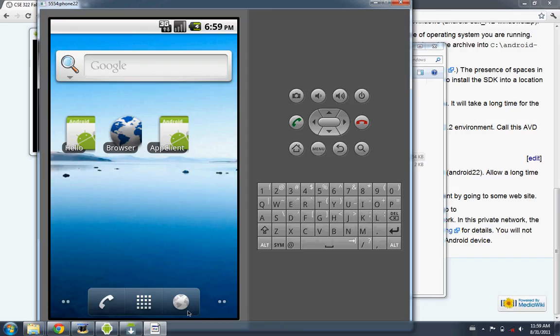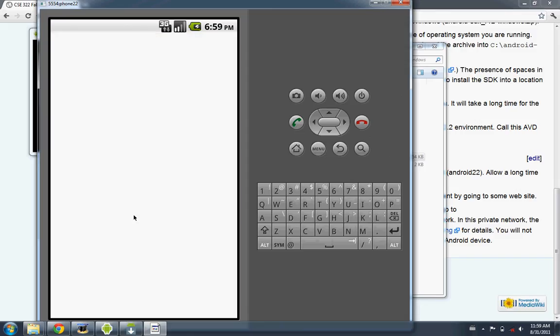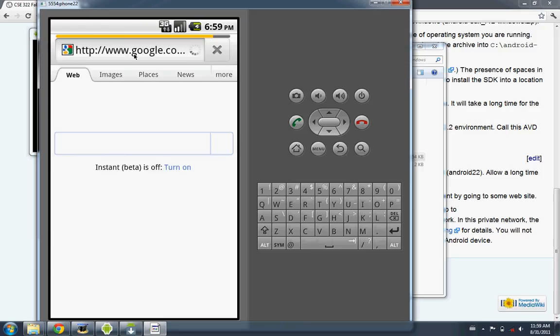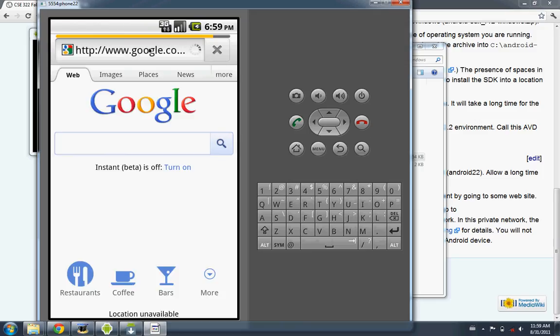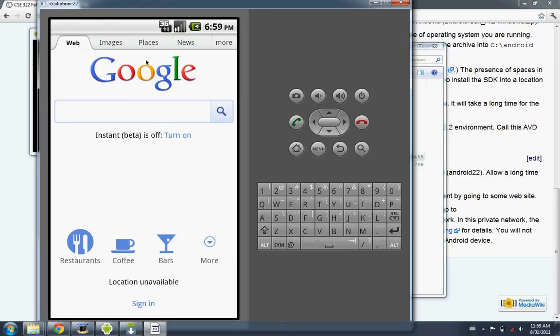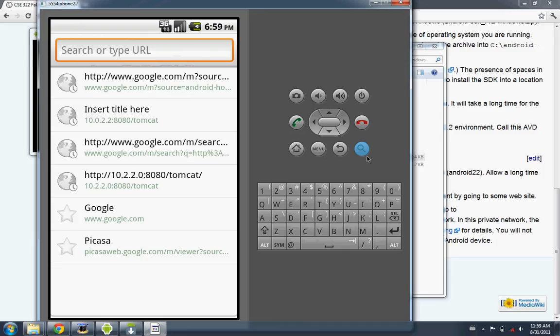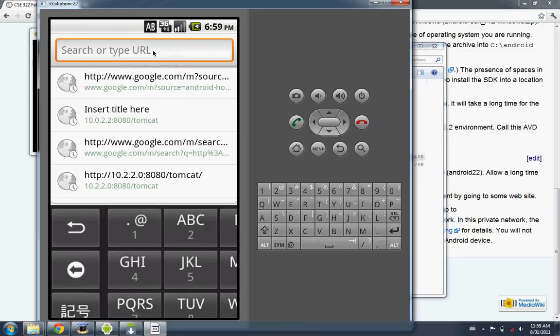Let's test that the browser works. I'll click on the browser. And here we've gone to the Google website. And we can enter URLs in here. Let's go ahead and do that. I click this search button, and I think that's how we want to do it. Type in a URL here: